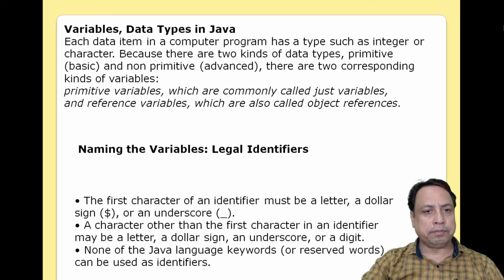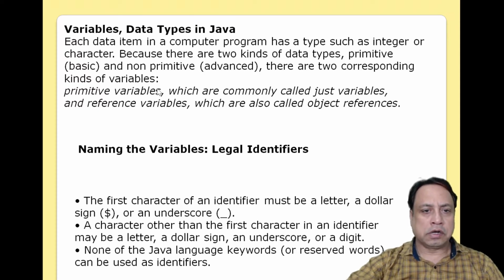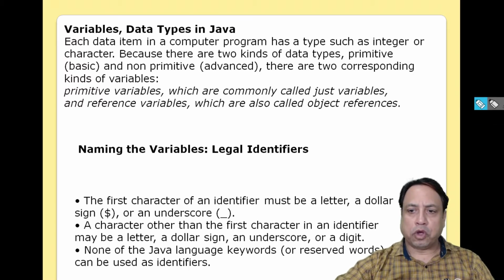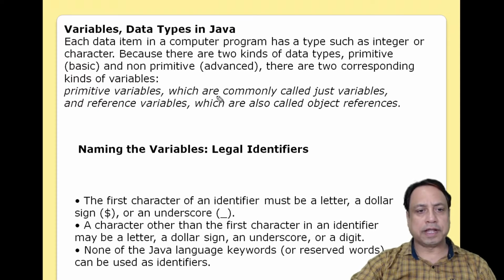There are basically three types of variables in Java. One type is called primitive, another is non-primitive. The non-primitive data types are basically of two types. Here they are called reference variables. But for reference variables also, there are two types. In the last video I told you the difference between static and non-static variables. We shall today discuss a few more points about those reference variables.